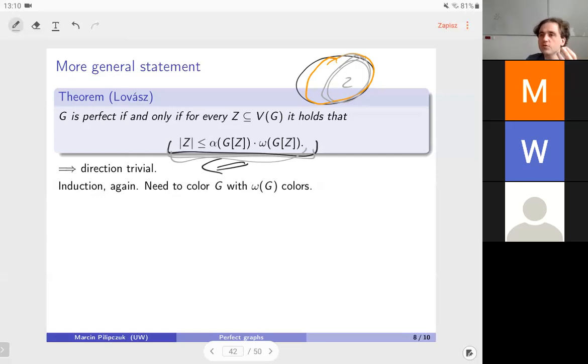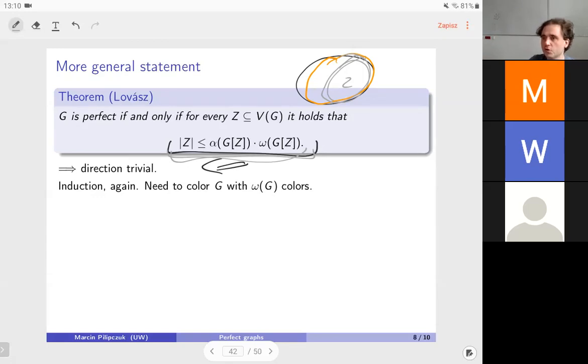Trivially, now you know that all your proper induced subgraphs are perfect and chi equals omega. Now you want to prove that for the entire graph chi equals omega. So what you really want to prove is that you can color your graph with omega colors. As in the previous proof, where we tried to cover the graph with alpha cliques,